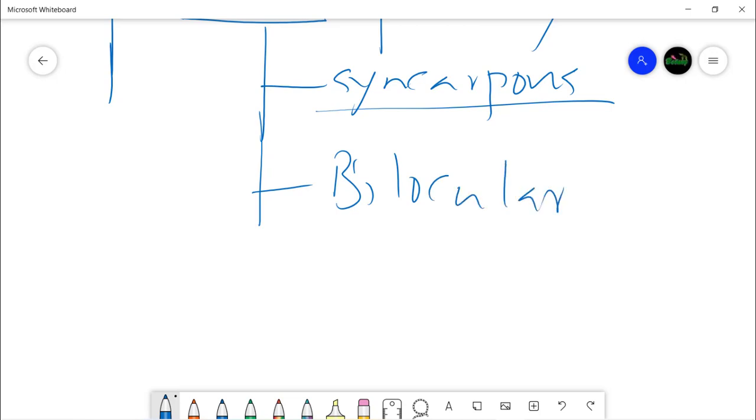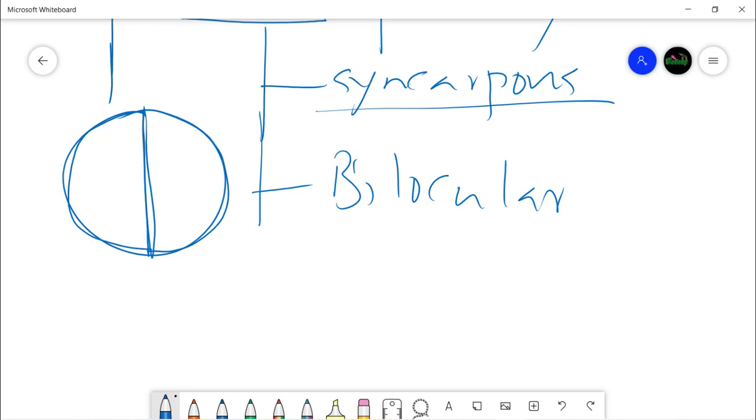So ovary, for example, this is the cross section of the ovary, and it is bilocular. A very simple diagram: we have drawn a circle and then divided it into two parts, just to illustrate the concept. Now these are two carpels, they are united. So bicarpellary, syncarpous, the ovary is bilocular. Obviously the locules are found in the ovary, as the carpel consists of three parts: ovary, style, and stigma.